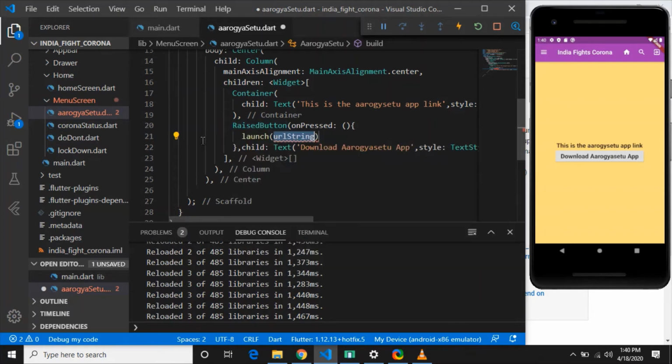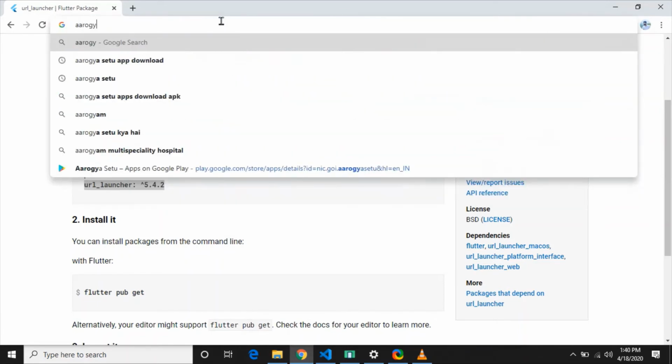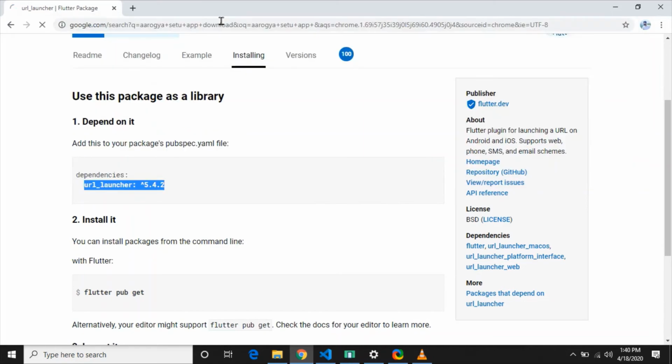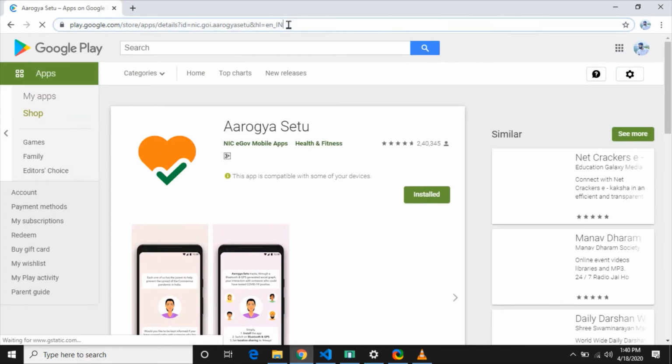So I will quickly go to Arogya Setu app download, and if you search this, you will be redirected to the Play Store, and from the Play Store you can copy the link above. I have copied the link in the browser, and that link you have to paste here in the quotes.